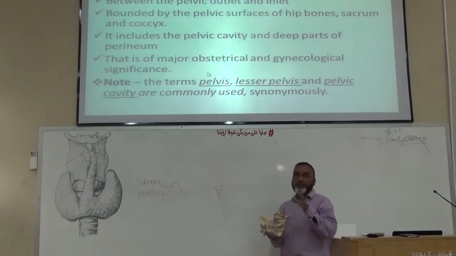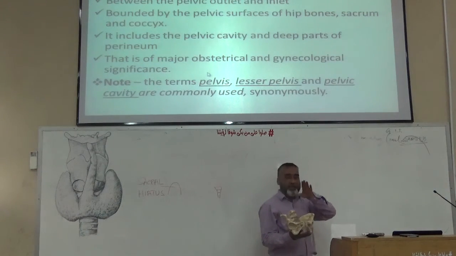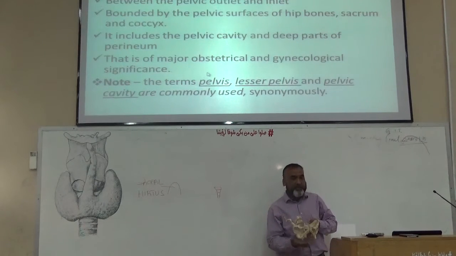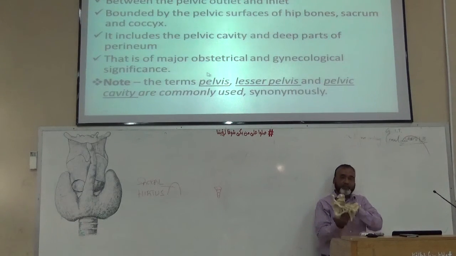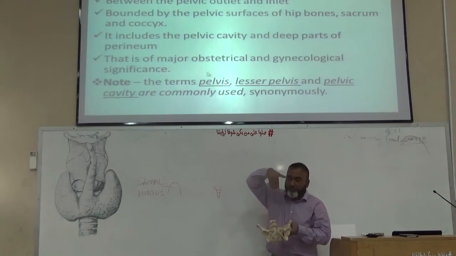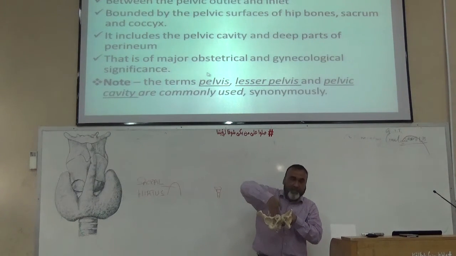I already discussed that the proper pelvic cavity lies between the inlet and the outlet, and its boundaries are the same as we told you. Anteriorly we have the pubic symphysis, on each side the ischial tuberosity, and behind the sacrum and the coccyx. And when the fetus's head enters from the abdominal cavity into